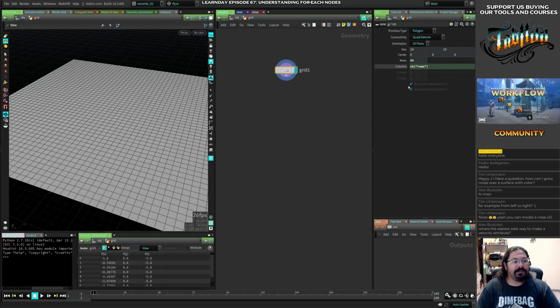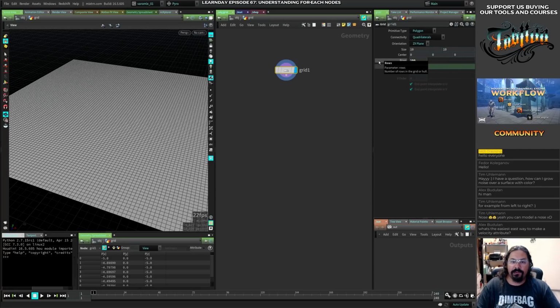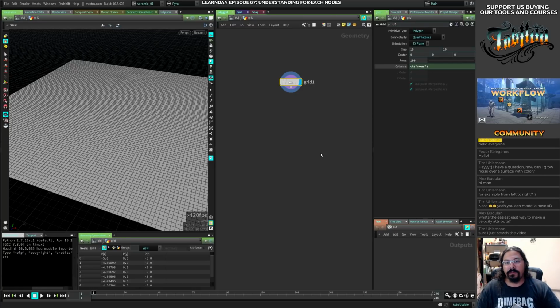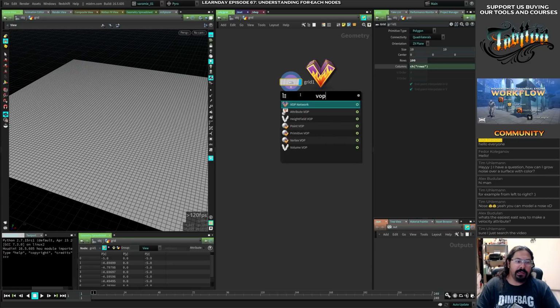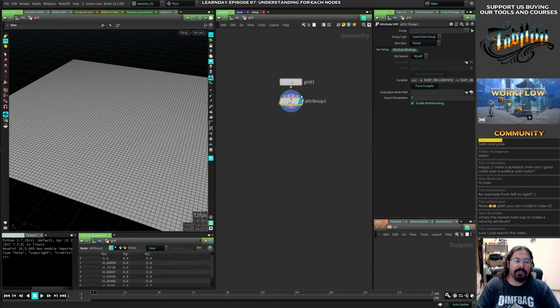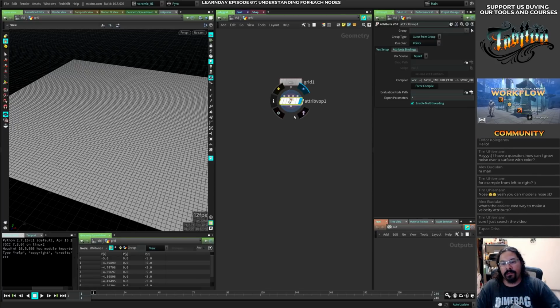I'm gonna do this on a grid maybe. There's a lot of ways you can grow attributes. I'm thinking of using an attribute blur actually. If you have a video, that would be good. Meanwhile, I can answer